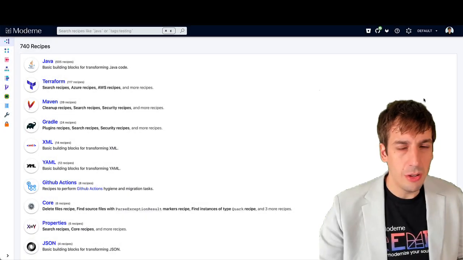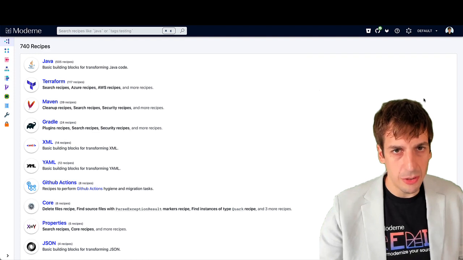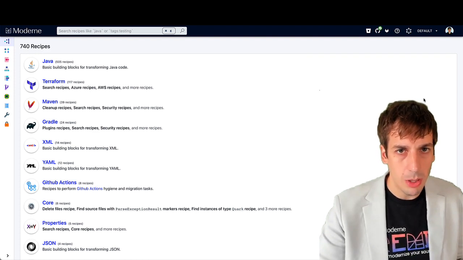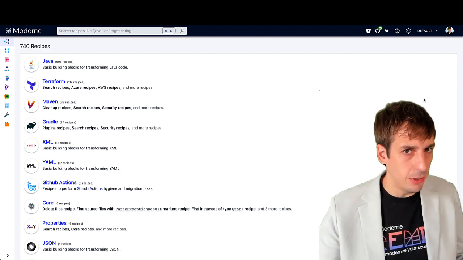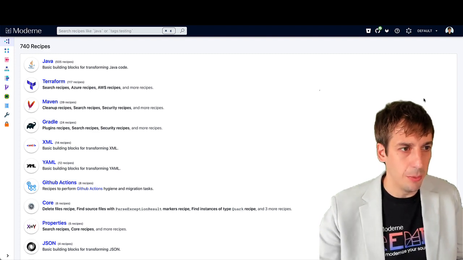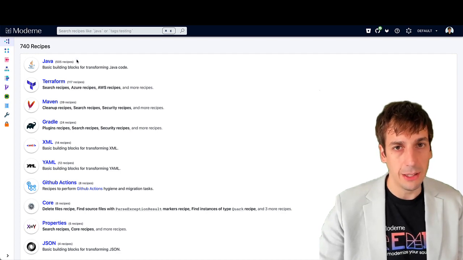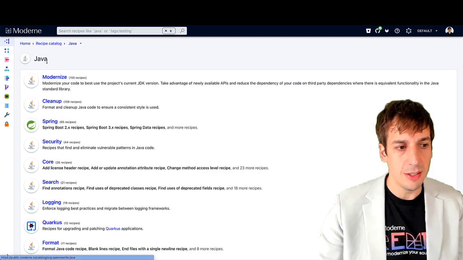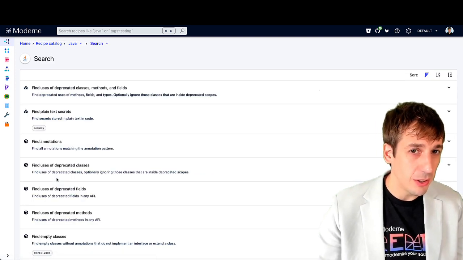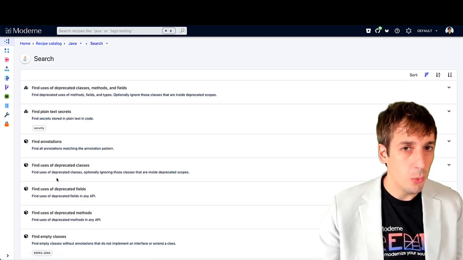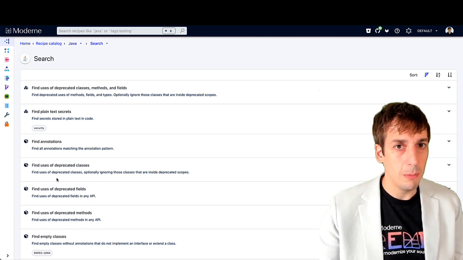So this is the Moderne service that's being run, again, for hundreds of millions of lines of open source code, public.moderne.io. And you see a recipe catalog. These are all the OpenRewrite recipes, and they're broken down into different categories, like Java in this case. Let's look at one. We'll actually start with something like search, which we view as a special case